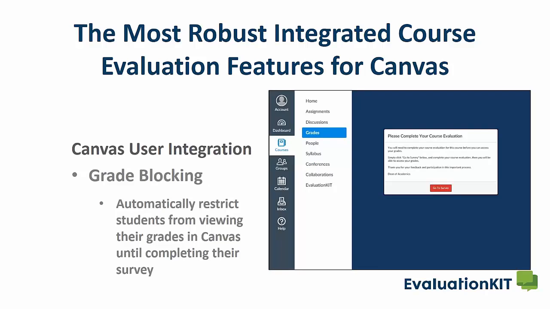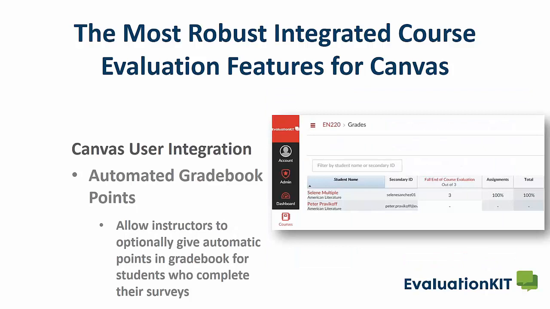Now, some institutions favor grade blocking as a means to strongly encourage or require survey participation. And EvaluationKIT's Canvas integration offers a really simple to implement approach where the student is presented with a survey notification at the point they attempt to access the gradebook in Canvas and prevented from accessing grades until the survey has been completed. On the flip side, some institutions prefer more of an incentive approach, in which case points can be automatically given for completed surveys in a course, and that automation really saves the faculty member time by automatically adding points as